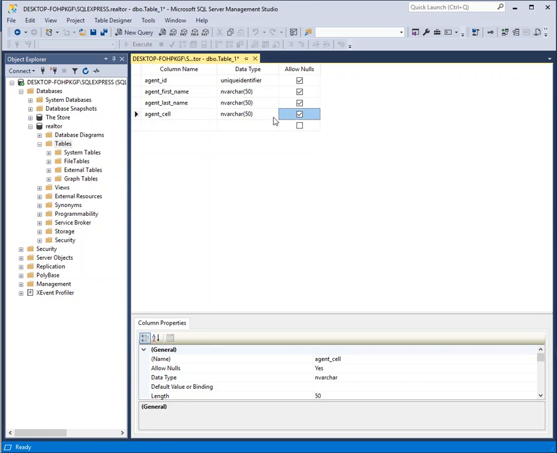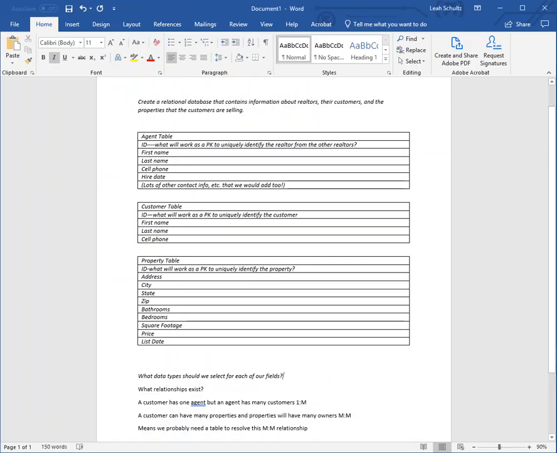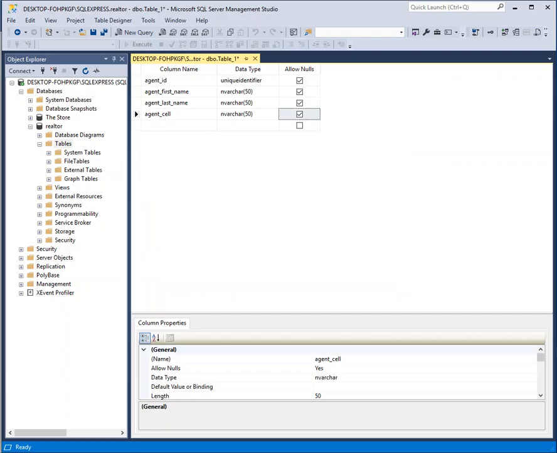It's really just for display purposes, and plus that allows us to put parentheses and dashes as we see fit. So let's flip back to our Word document right here. We didn't have hire date. I forgot hire date, so let's go back to hire date. And the reason I added that is